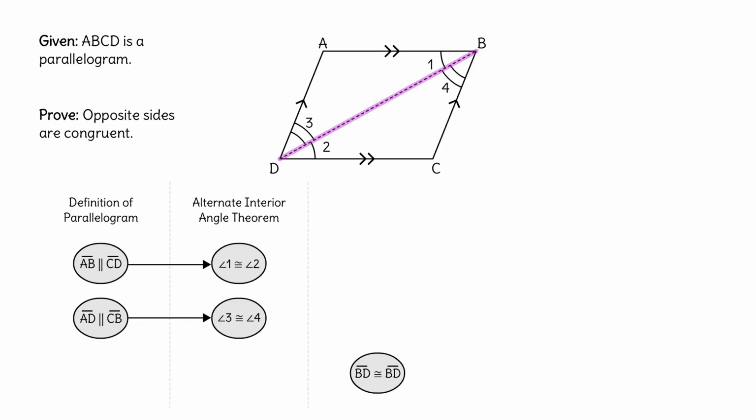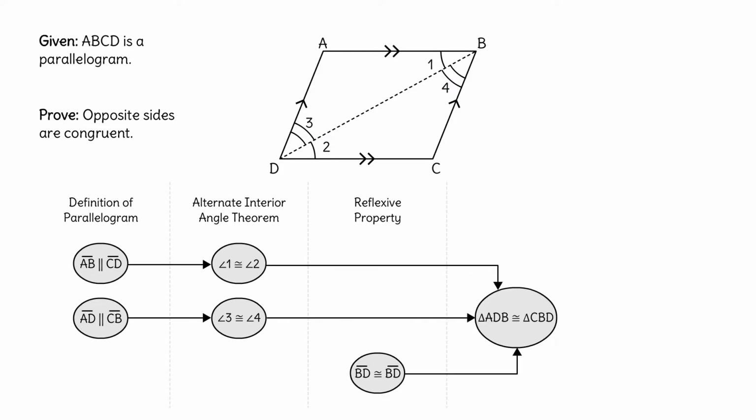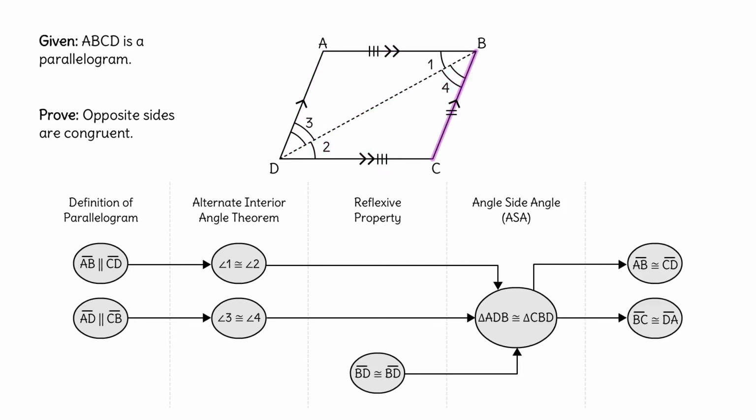BD is congruent to itself by the reflexive property. So an angle, side, and angle of one triangle are congruent to an angle, side, and angle of another. Triangle ADB is congruent to triangle CBD by angle, side, angle. Remember, we are trying to prove opposite sides are congruent. Is that true? Yes. AB is congruent to CD, and BC is congruent to DA because corresponding parts of congruent